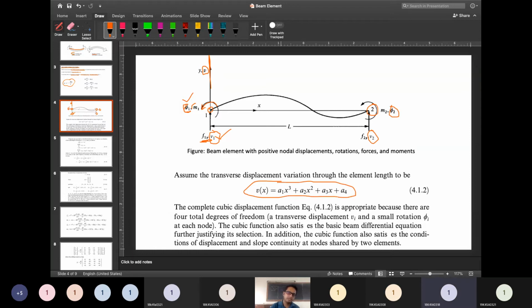Till 2:20 only, sir. Your class is up to 2:20 only. And after this, do you have any lecture? No, sir. Okay, so let me continue this. If you have any class, you tell me, I will stop. If you have no classes, I will finish this beam element also. So shall I continue? Yes, sir. Okay, so let's do it.